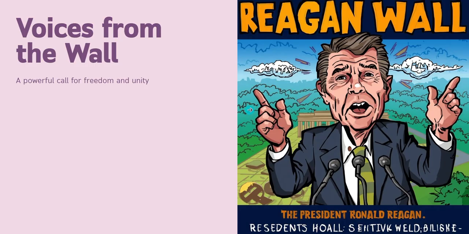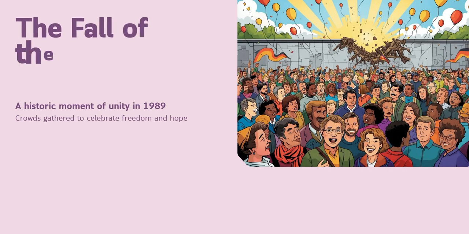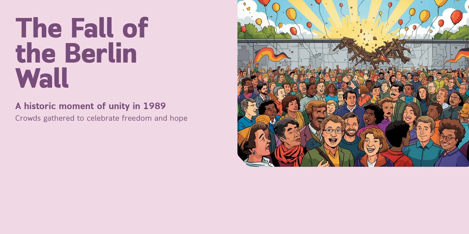Then the construction of the Berlin Wall. The tension between East and West Germany continued for many years. In 1961, East Germany built the Berlin Wall to stop people from escaping to West Berlin. Because they adopted the ideology of socialism, I think they couldn't develop properly. So the wall became the most powerful symbol of the Cold War and the division between the communist and capitalist systems.